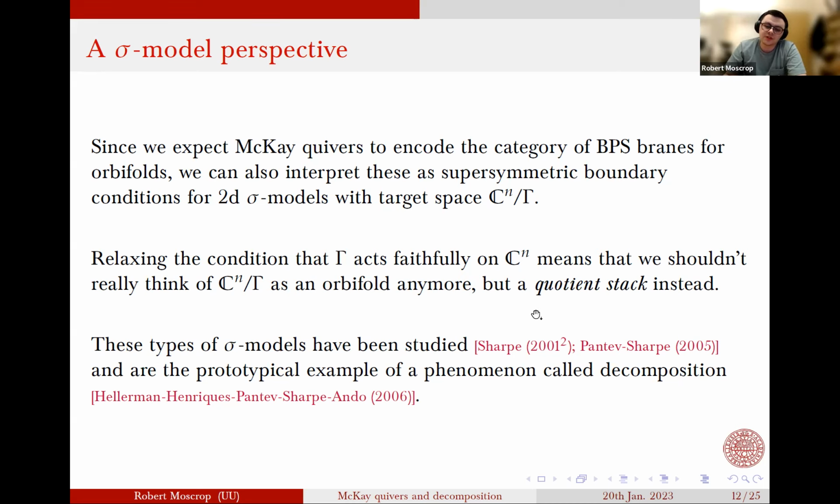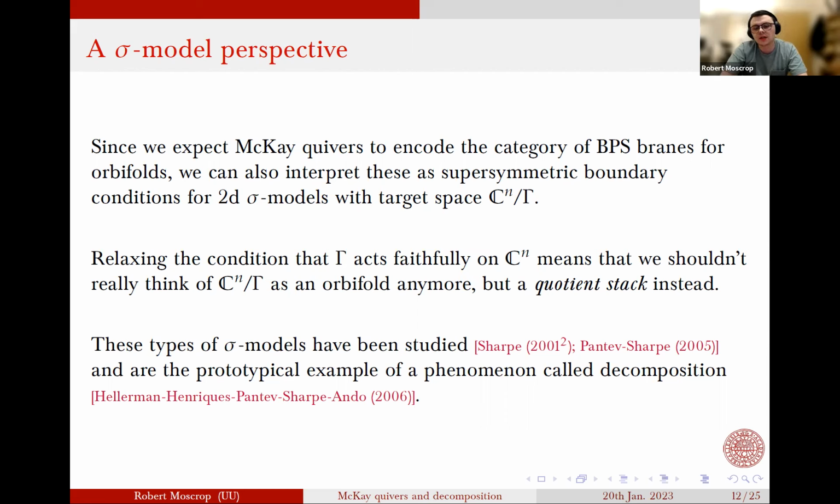So a quotient stack is an example of a generalized space, and you can do everything you do with regular spaces with quotient stacks. You can put sheaves on them. You can say there's a notion of Calabi-Yau on it, and so on. But in particular, there's more information in the quotient stack than in an effective orbifold sometimes. In the case of a quotient stack, to each point you associate the stabilizer of that point inside the group gamma. Now, what this means is that at any point in the stack, you always see all of gamma, even the trivially acting part.